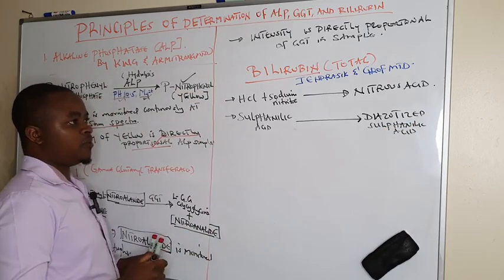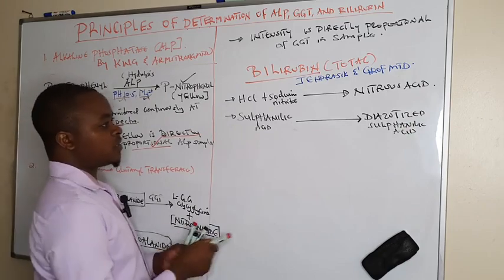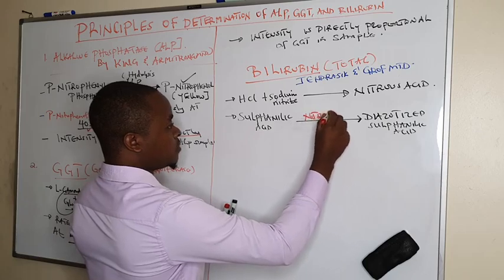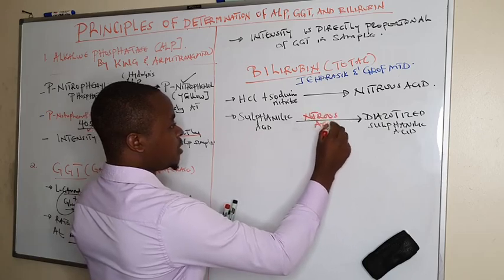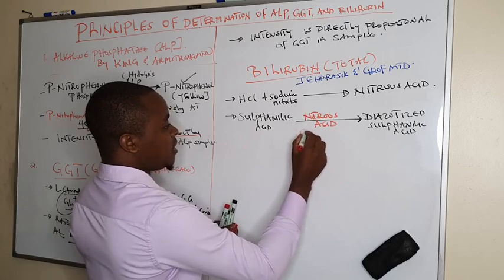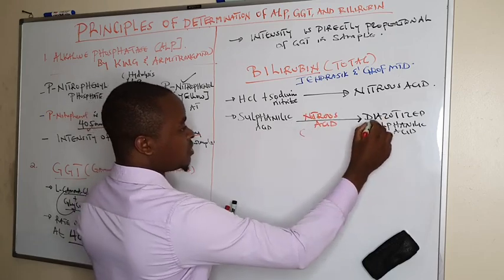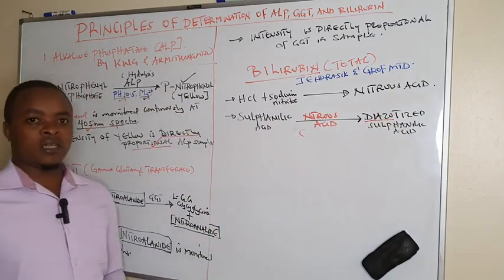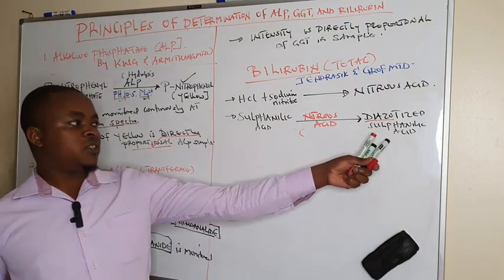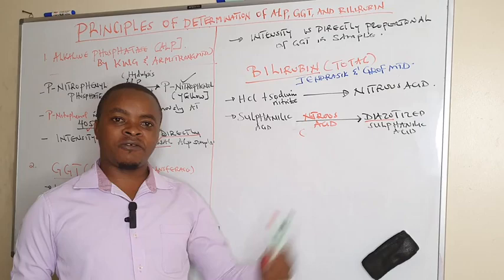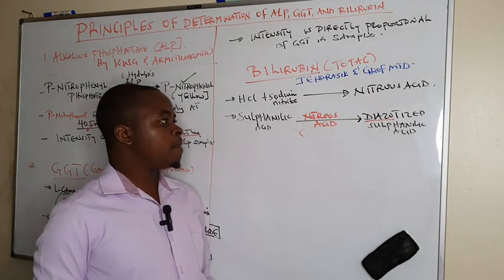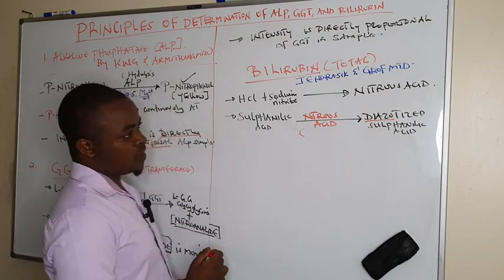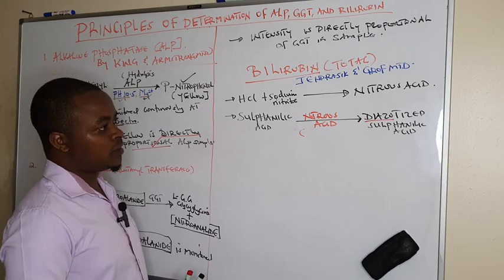This is what we form, and this one occurs in the presence of nitrous acid, whereby nitrous acid is the one that is diazotizing sulfanilic acid. So after getting this diazo reagent, which is diazotized sulfanilic acid,